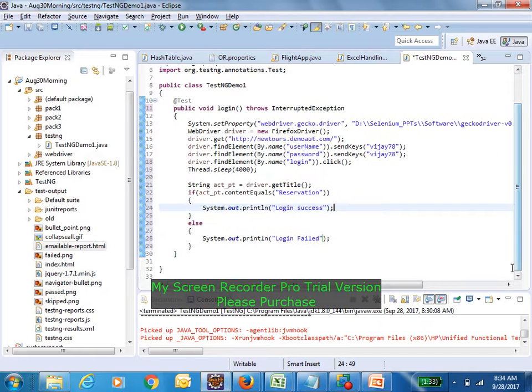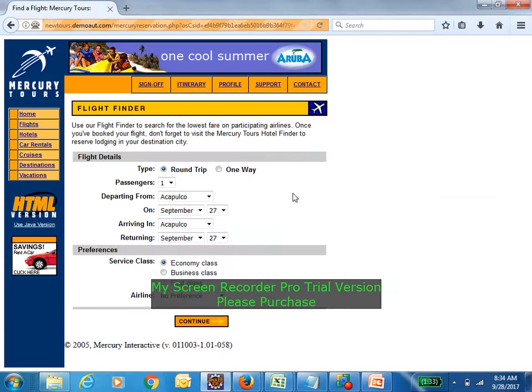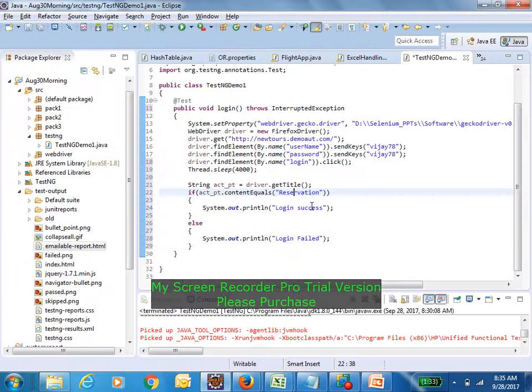Right, now we are writing like this. If I do like this, now we know that it will fail. Why? The actual page title is Find a Flight Mercury Tours, but your expectation is reservation. Intentionally we have written it. When I execute, it won't actually say your script failed. Only a message will display in the console. What will it print? Login failed only. Your entire script actually won't say it is failed.